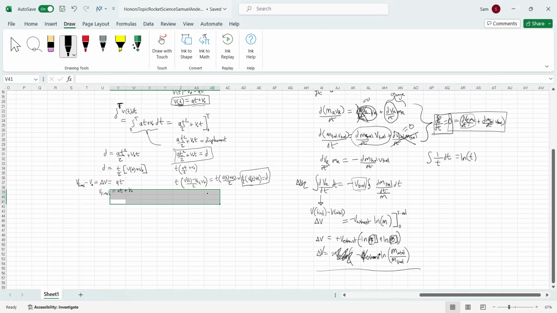rocket, that being speed of the exhaust and the mass ratio, as NASA would call it, that being the initial and final mass of the rocket, or dry and wet mass for short. So relating the two formulas, so we can actually make a spreadsheet relating the rocket specifications to how high it will go and how long it will stay in the air. I will take